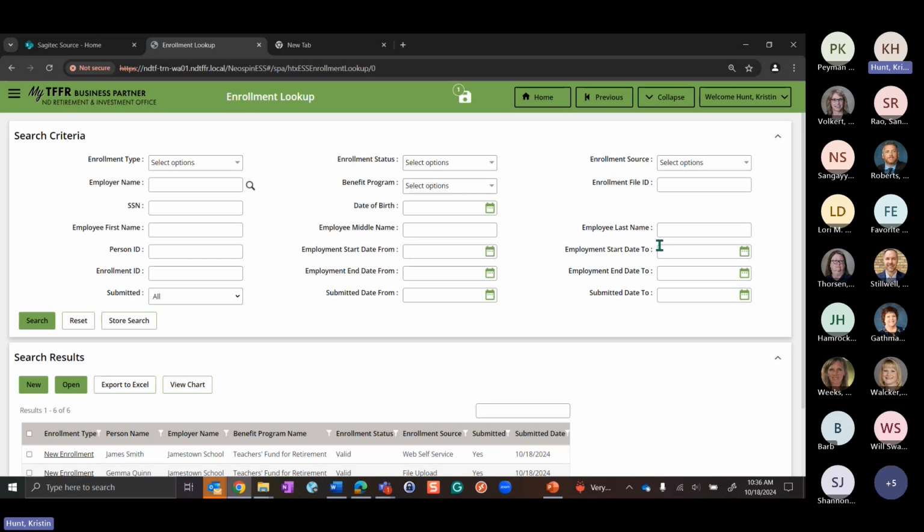Basically, it's just pulling that information for a retired member and then asking for the different options and so forth. So hopefully that helps. I just wanted to show one manual enrollment, but there are step-by-step guides in the handbook for each different enrollment type. So it's pretty easy and you guys can work through that.